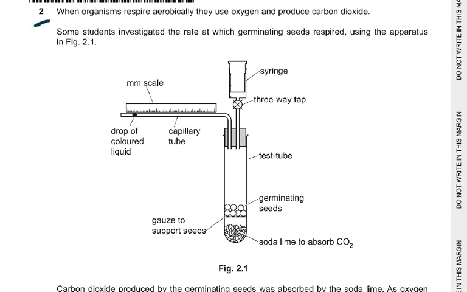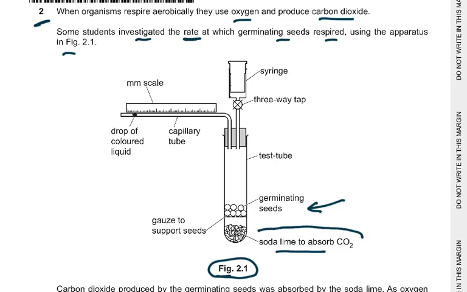Now coming to question number 2, when organisms respire aerobically, they use oxygen and produce carbon dioxide. Some students investigated the rate at which germinating seeds respired using the apparatus in figure 2.1. Now you can see there's soda lime to absorb the CO2. They're germinating seeds. That means these are the living cells which are respiring and taking in oxygen and giving out carbon dioxide. Carbon dioxide is being absorbed by the soda lime. Oxygen which is present in the air inside this test tube is being used